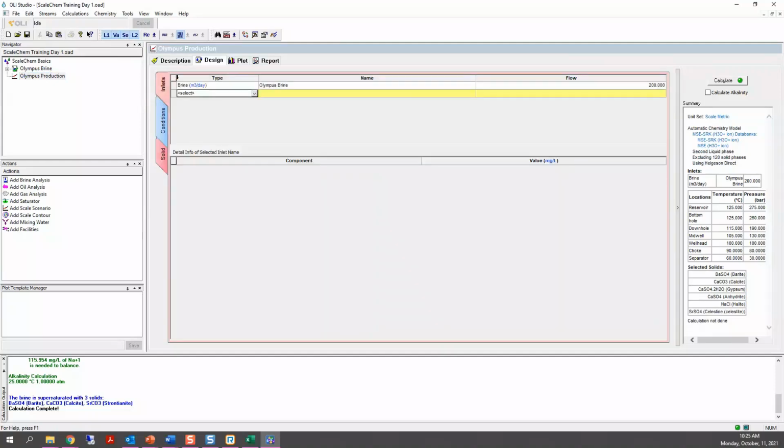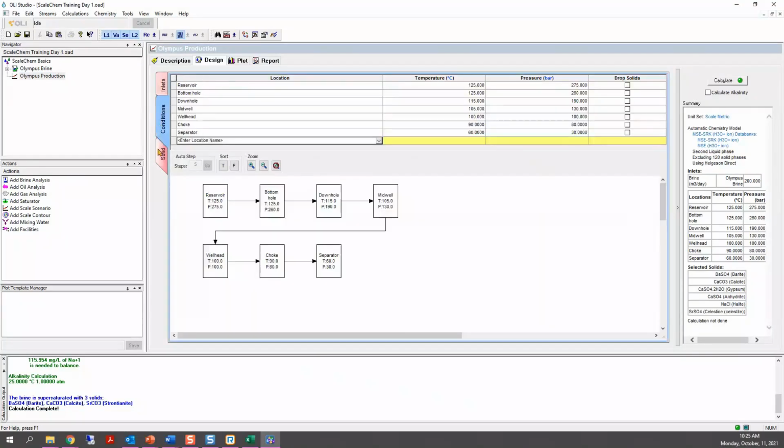Did you bring the brine in? Let's go back to the inlets. I did, but okay, there we go. Yeah, maybe it's not identifying the brine, and when it doesn't know the brine, it doesn't know which components you have, so it will assume that you just have water. Yep, we're good. Thank you.